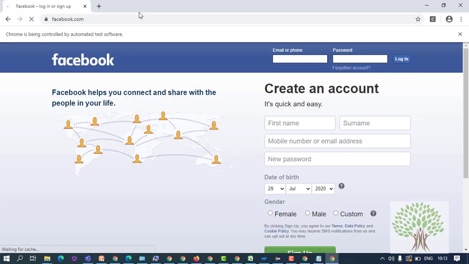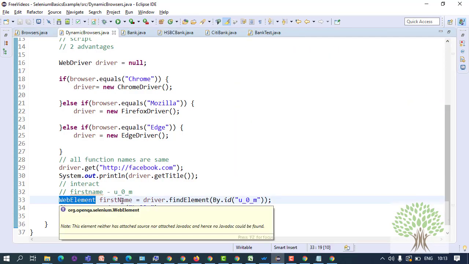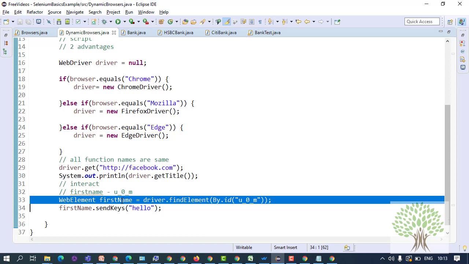So you see that it goes to Facebook and it's opened. Yeah, you see that it types hello. So with the web element interface, you can do a lot of things. Okay, you can interact with the elements in different ways. We will look at that.